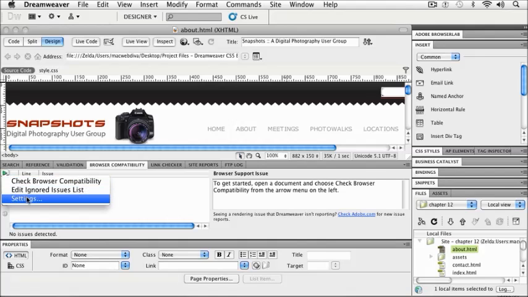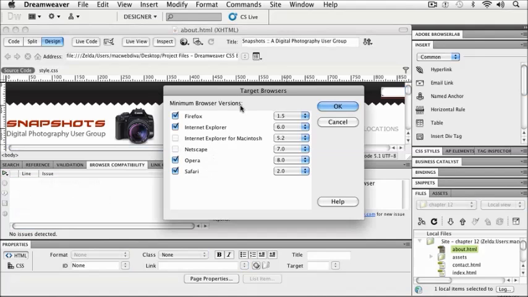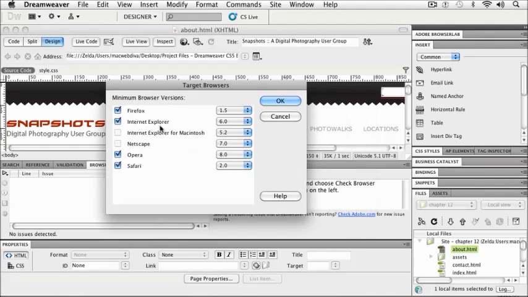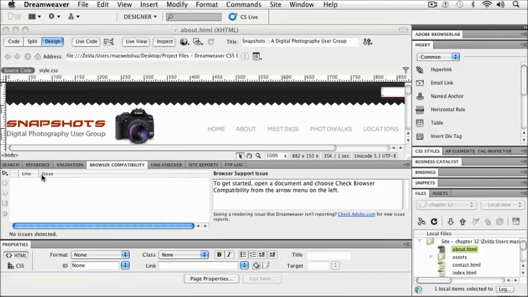So this is actually fairly important that we run this browser compatibility. If I take a look at my settings, I can see what I'm targeting against. I don't know of anybody at this point who's running the old Mac Explorer, or Netscape either. So I'll take Internet Explorer, Firefox, Opera, and Safari. And then this is going to run against that particular page. Now I do know that I have a page that does have a problem with IE6. So I'm going to open up my PhotoWalks page,